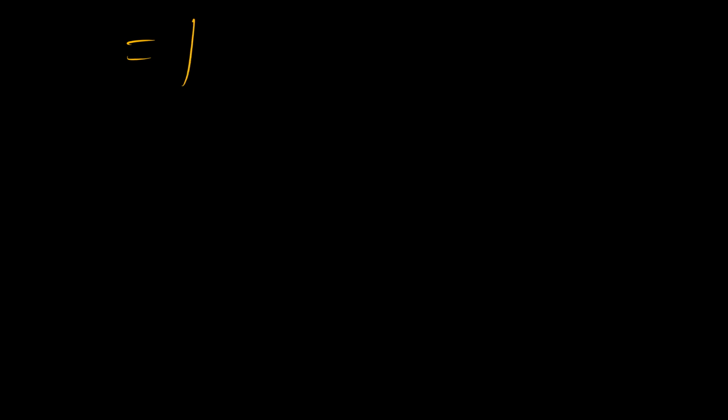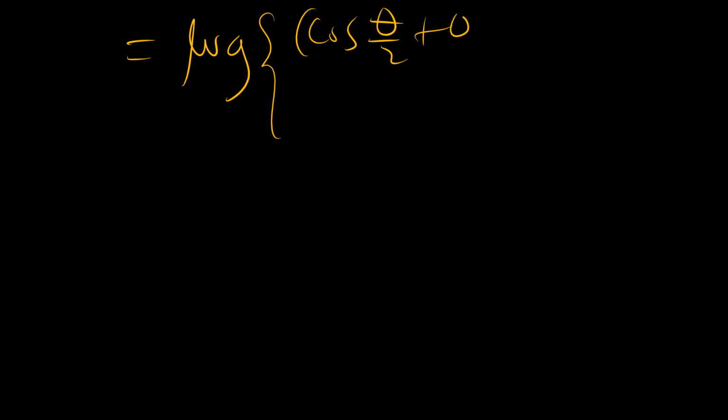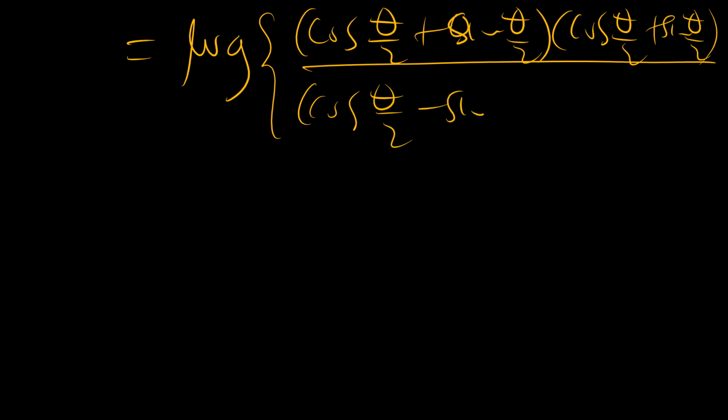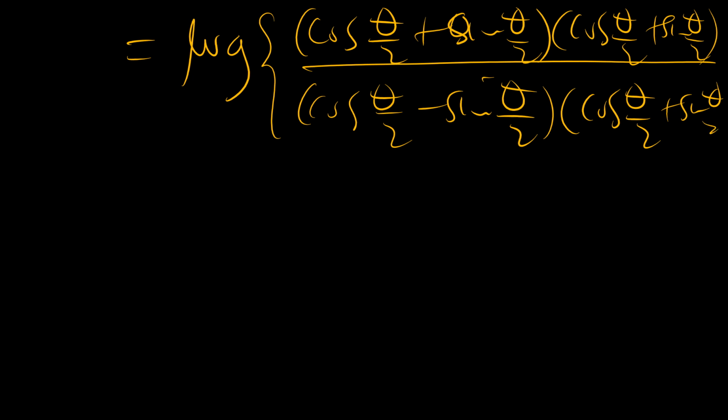It's the same as log of cosine theta over 2 plus sine theta over 2 times cosine theta over 2 plus sine theta over 2, over cosine theta over 2 minus sine theta over 2 times cosine theta over 2 plus sine theta over 2, close bracket, plus c,